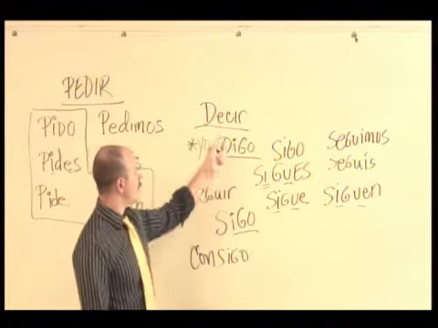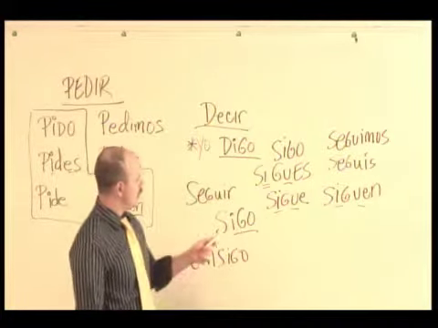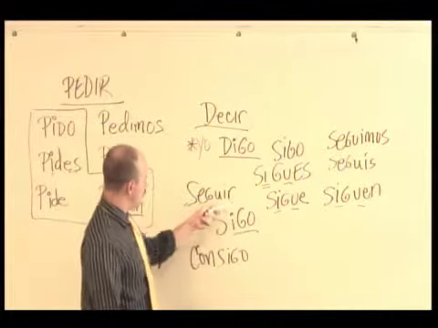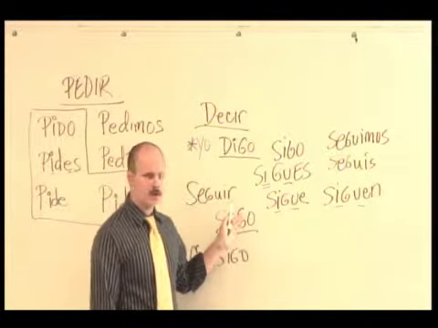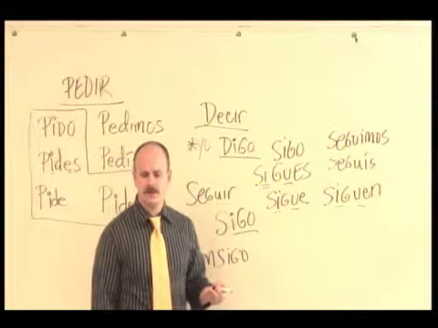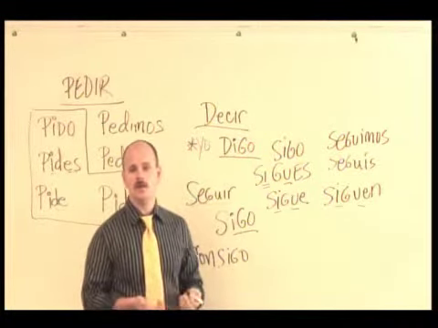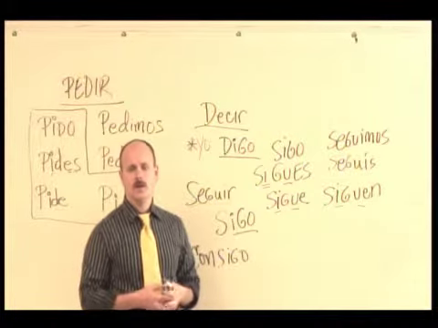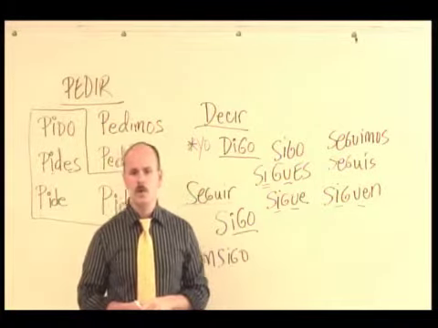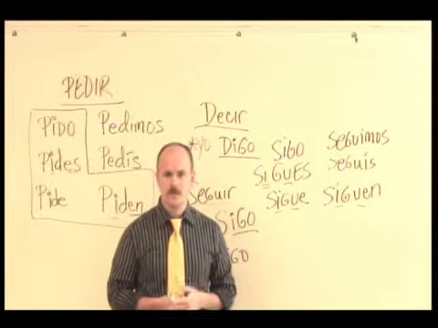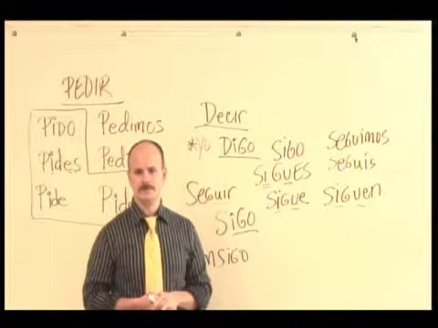Decir, that c becomes a g in the yo form. Okay? This is a good lesson here with seguir and conseguir, that you notice because seguir works one way, conseguir will work the same way. The verb for to pursue, perseguir, will also work in the same way. And so any word that has seguir as the main part of the verb will work like seguir. Right? If there's a prefix thrown on it, that just gets added to it.